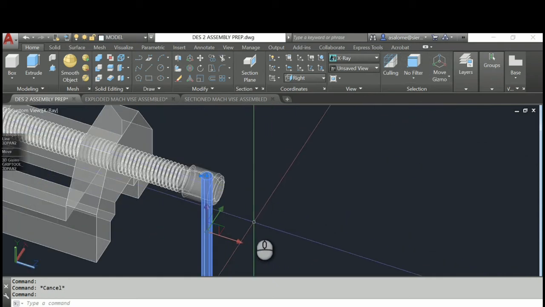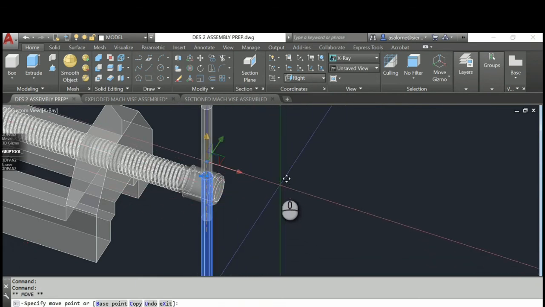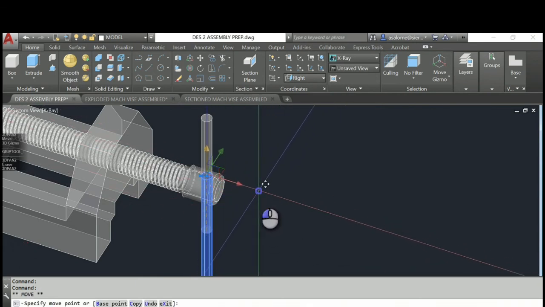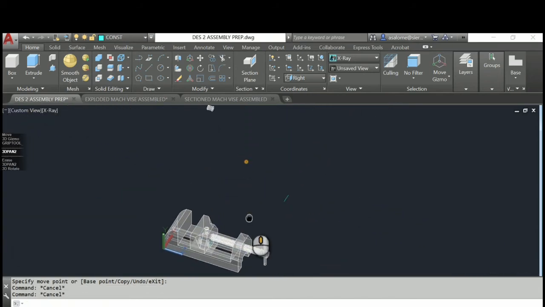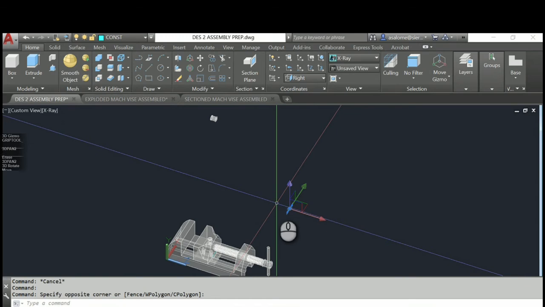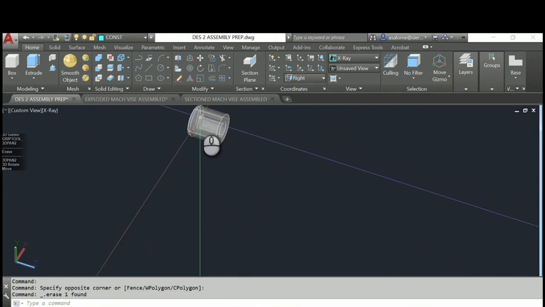And with the move gizmo, you get the three axes. And you can simply grab one and turn it gold, and you can pull along that axis. And whether your ortho is on or not, it's going to pull it right up and down along that axis, which is super cool. It's a neat tool. Here comes our cap.